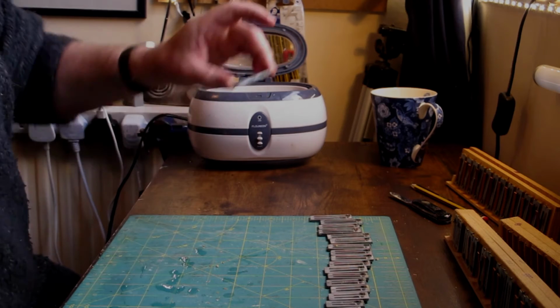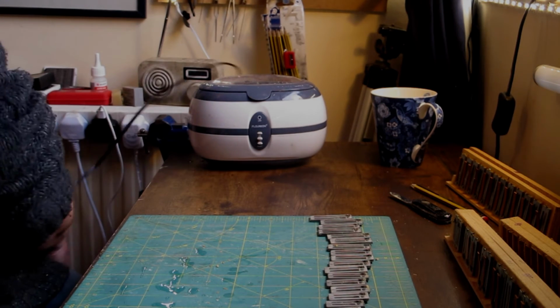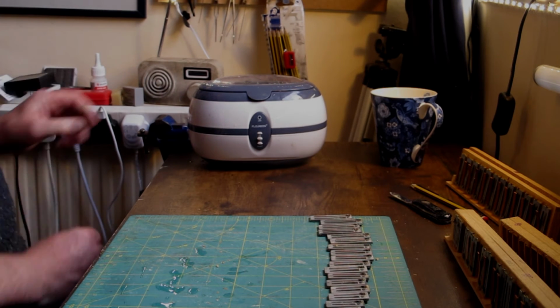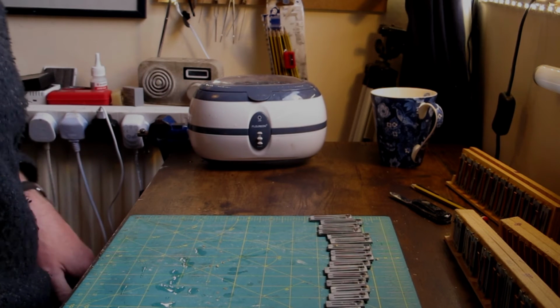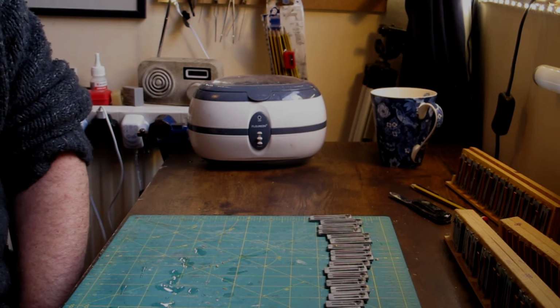And I find that when you've ultrasonicked your reeds, they just sound really nice. They kind of sound very clean, pingy. So give it a go. So I'll come back, I'll show you what's happened in about 15 minutes and just show you the difference with